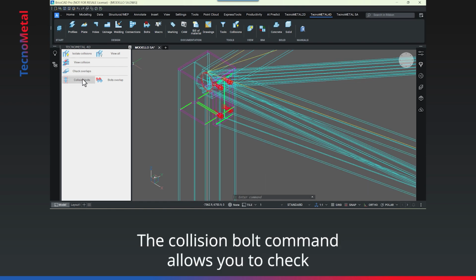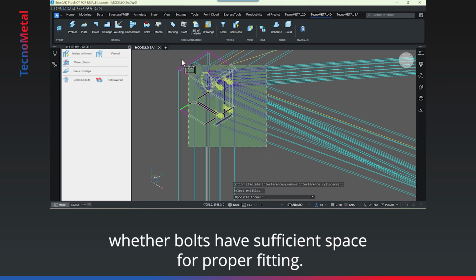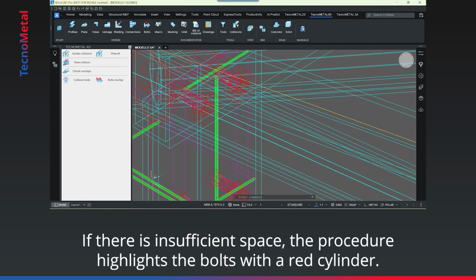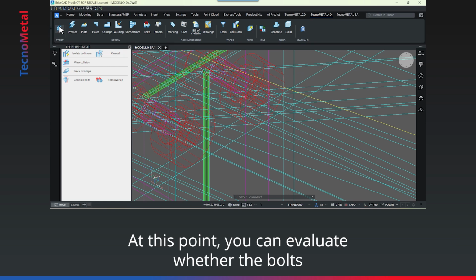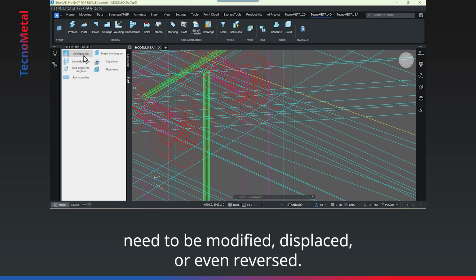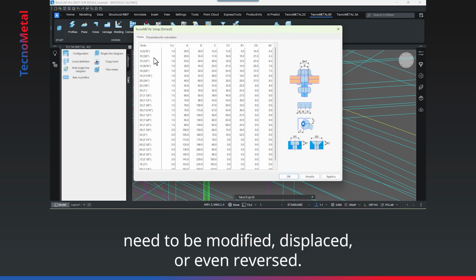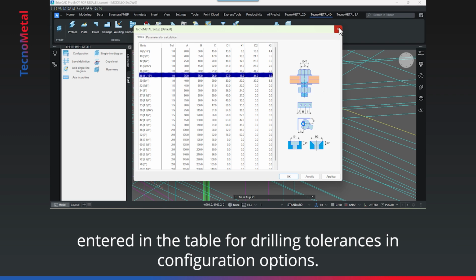The Collision Bolt command allows you to check whether bolts have sufficient space for proper fitting. If there is insufficient space, the procedure highlights the bolts with a red cylinder. At this point, you can evaluate whether the bolts need to be modified, displaced, or even reversed. The parameter used to determine the required mounting space is the C value, entered in the table for drilling tolerances